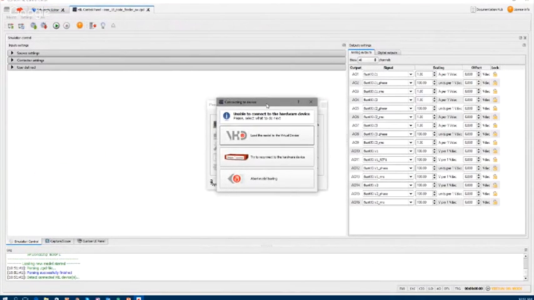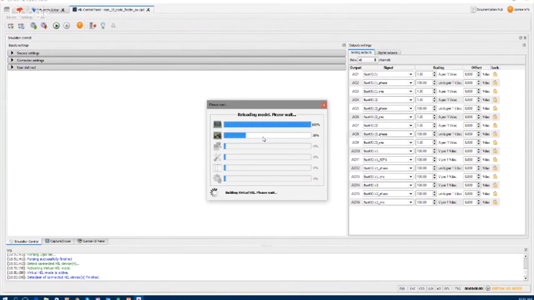What the software is asking you now is that it cannot find any hardware device connected to the PC. This is going to happen to you also because you don't have any Hill devices. So what it's offering is to load the model to the virtual device. This is an offline simulation mode where we are simulating the behavior of the Hill device on our PC processor. Again, this is completely hidden from the user.